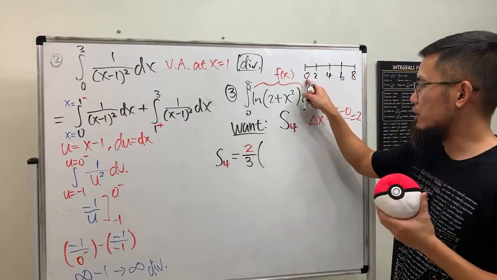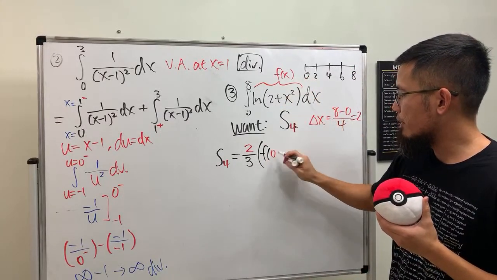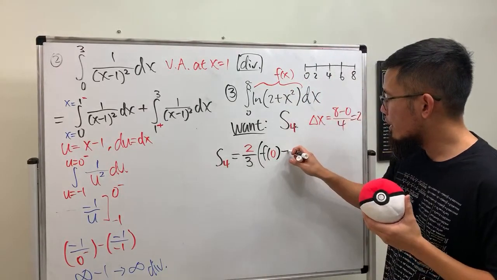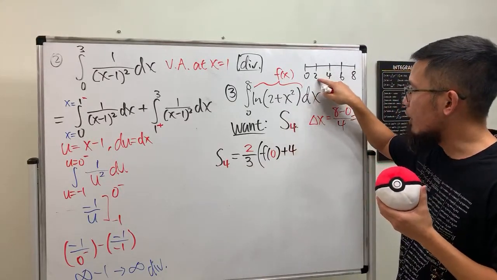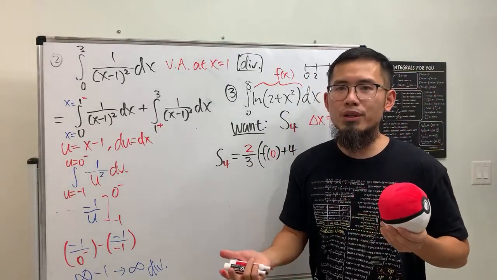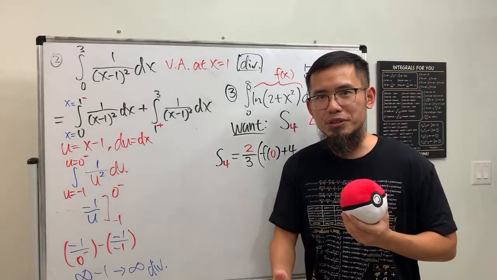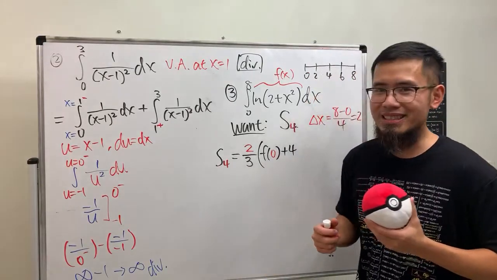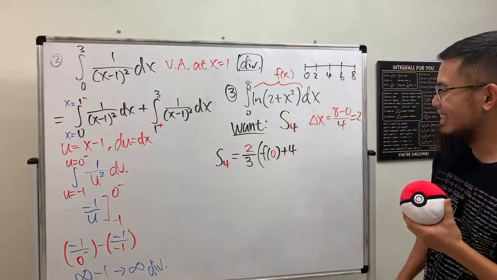First off, we'll use 0, and we just need to put 0 into f, so we have f of 0. Cool. Now, next, you have to remember, we will have to multiply by 4 when we plug in the next x value into our function, and that's just what the Simpson's rule is. And remember, you are doing the test, so you don't need to think about proof, just work this out, be happy with it. And the truth is, if you guys download the file, you will see that I actually provide the formulas to the students, but I don't call them formulas, I call them friends. Anyway though,